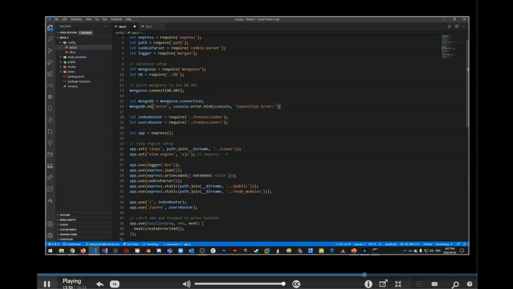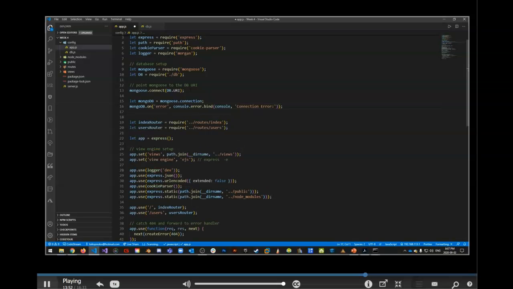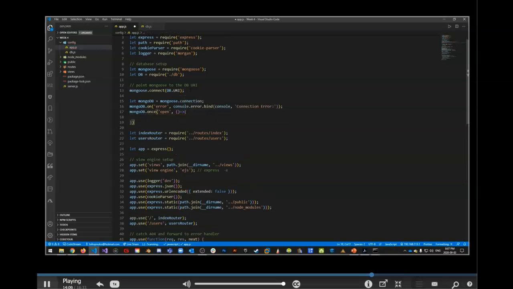And I think that's pretty important to do it that way. Followed by MongoDB dot once. So we only want to do this once. When it's open, we have an open connection. We want to create an event with an inline event handler that's going to show us a console log